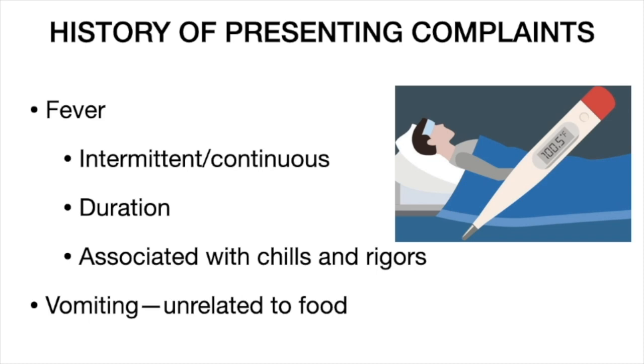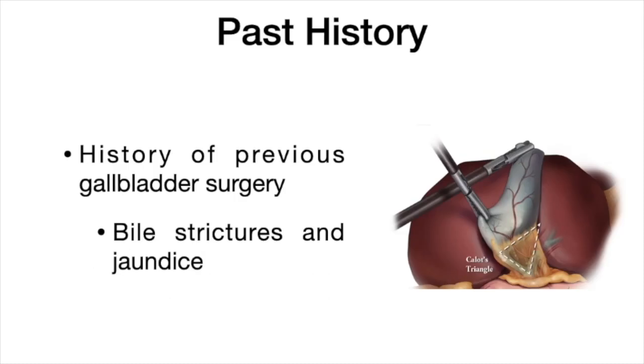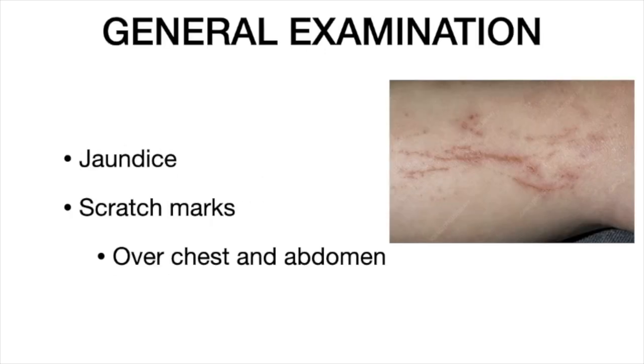Fever may be intermittent or continuous. You have to mention the duration and whether it is associated with chills or rigor. There may be associated vomiting, and usually the vomiting is unrelated to food intake. In past history, you have to seek any history of previous gallbladder surgery because it may cause bile duct stricture and jaundice. In general examination, the patient may have jaundice and scratch marks all over the body, especially on the chest and